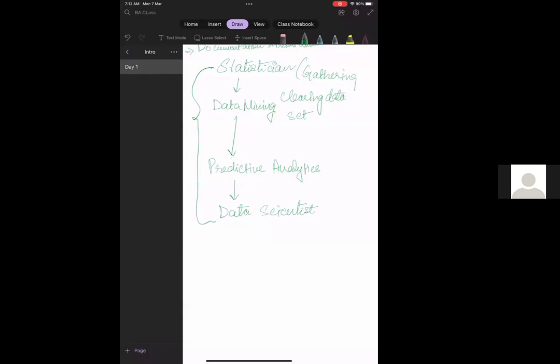So in order to understand that, you first need to understand analysis and analytics. It is important that you have a fair understanding of these two terms, because both the things are important for BA, and a BA will also be involved into predictive analytics.